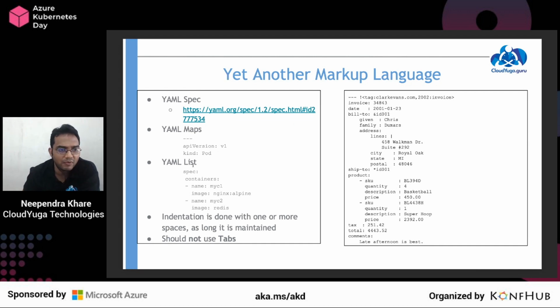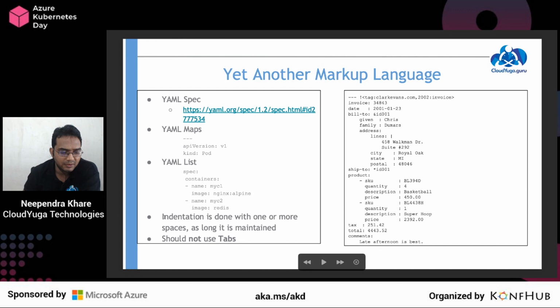I mean, no need to go and read what's there. What I'm trying to convey here is you have these key value pairs that become your map, and you have these lists here. Whenever you see a hyphen, you're doing list objects. So in the pod construct, we have containers, and we can have multiple containers in a pod, and that's what we call a list. So container 1, container 2 becomes your list there.